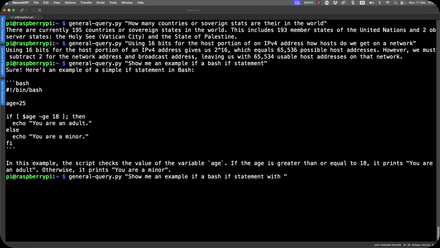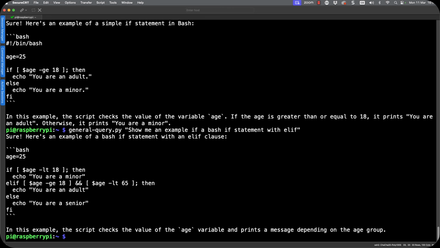So we just extend the previous prompt by including elif, and we can see now we've got an elif, the age being greater than or equal to 18 and less than or equal to 65, we're an adult, otherwise we're a senior. And the way we've written the application, it doesn't remember history, so we can't really just say, oh, show me also elif. We have to build it into the original prompt.